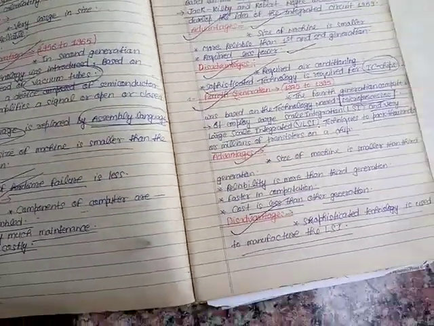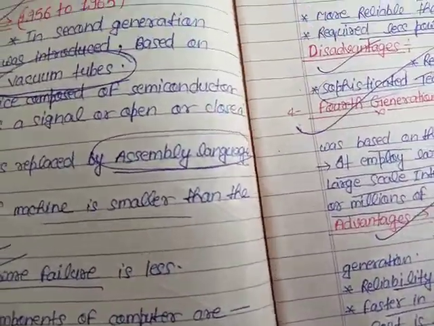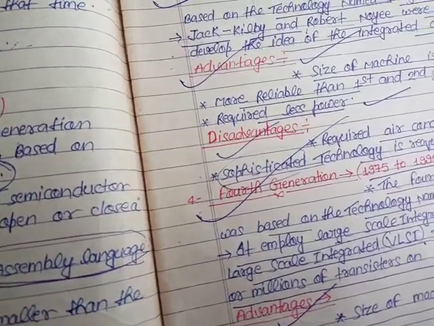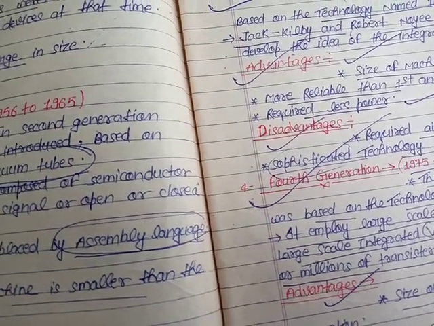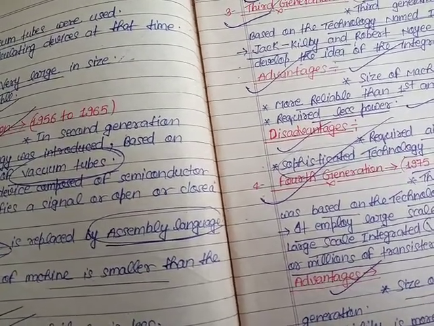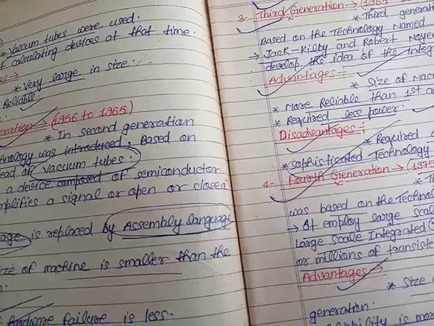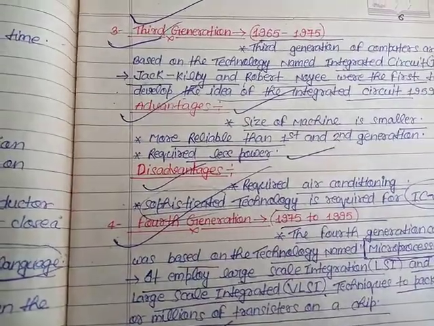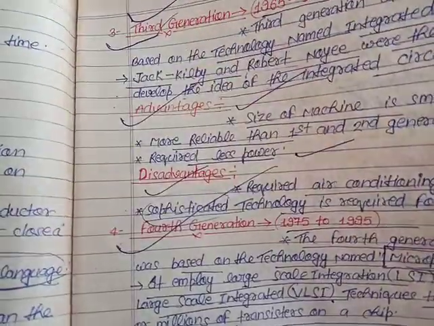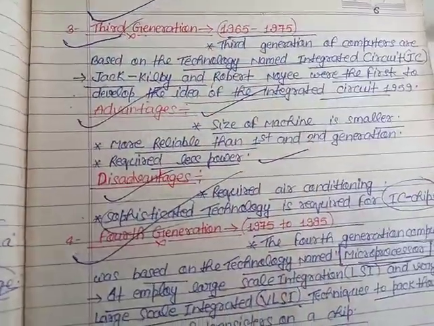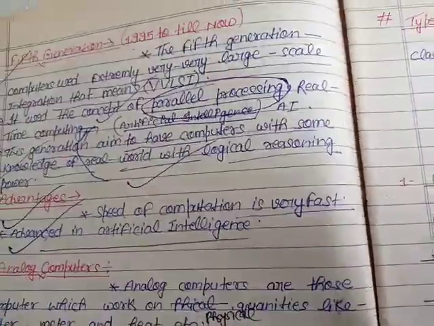In second generation, transistors, semiconductor devices and amplifiers are used as new technology. Now third generation technology: in third generation, integrated circuit is used. In third generation, integrated circuits replaced transistors. Now we move on to fourth generation. In fourth generation, the microprocessor is introduced. In fifth generation, parallel computing as well as artificial intelligence is used.